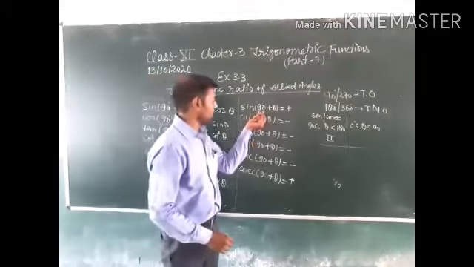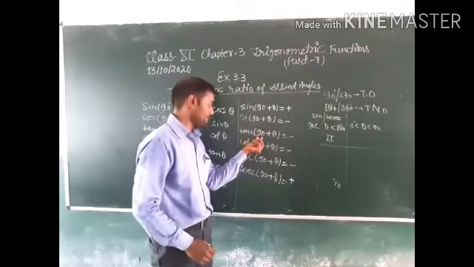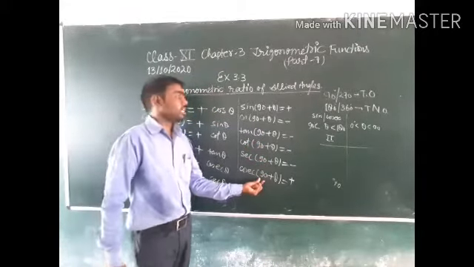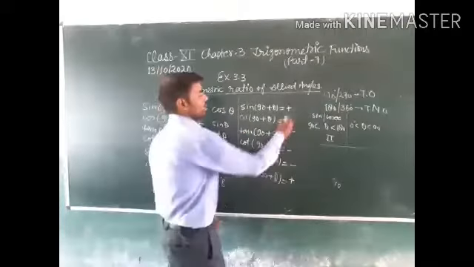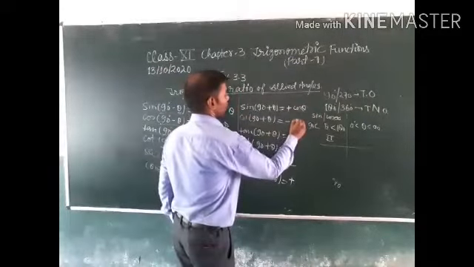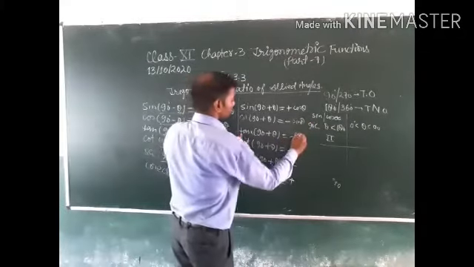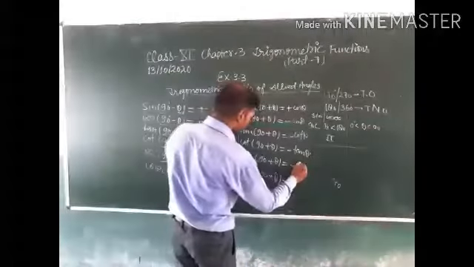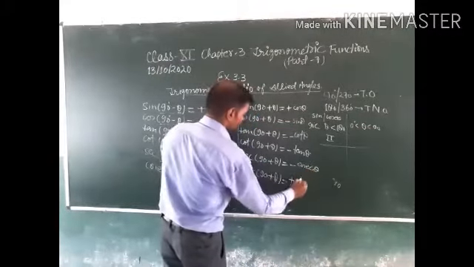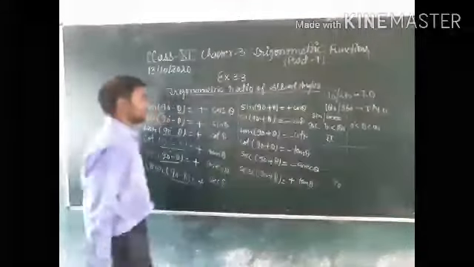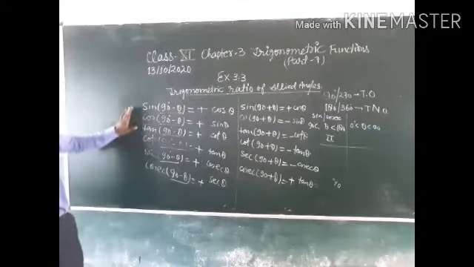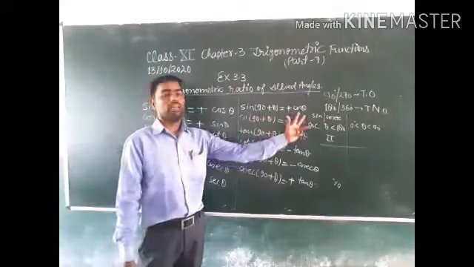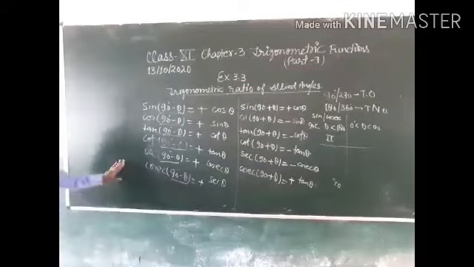We can see this is 90 degrees in every case. So here transformation occurs. Sin converts to cos, cos converts to sin, tan converts to cot, cot converts to tan, sec converts to cosec, and cosec converts into sec. So this is the trigonometric ratio of allied angles sin(90 − θ) and sin(90 + θ). To proceed further, please pause the video and note it down.